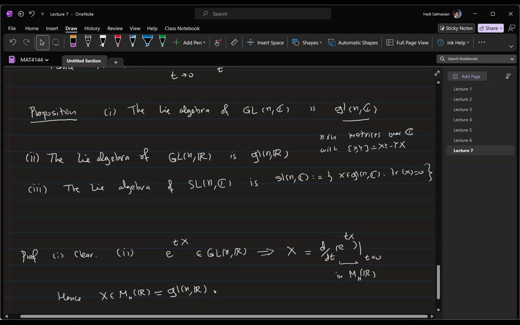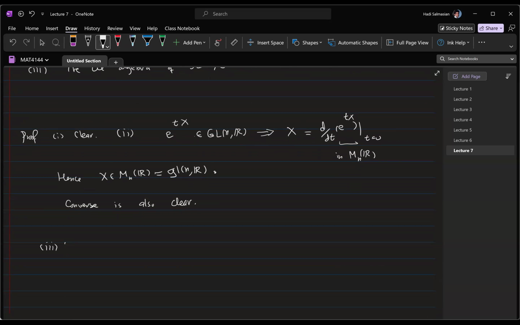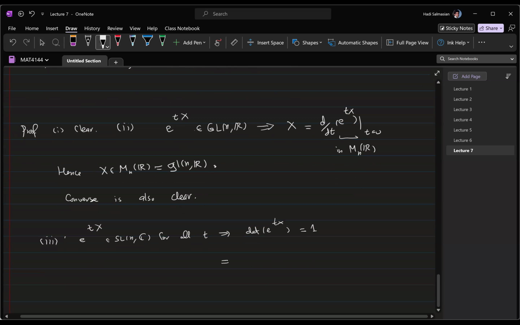Okay, and why is that so? It basically comes from the relation that the determinant of e to the X is the same as e to the power trace of X. So if e to the tX is in SLNC for all t, then the determinant of e to the tX is 1, but this means that e to the power